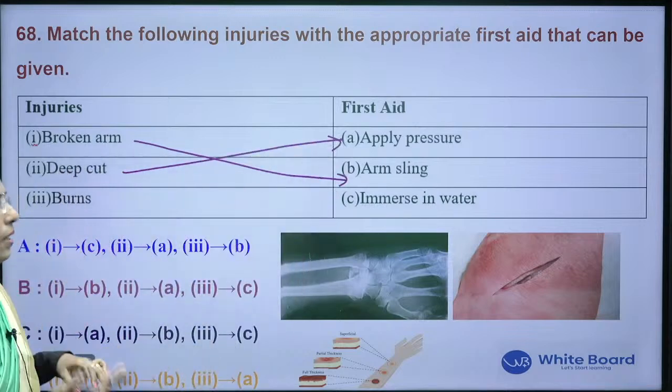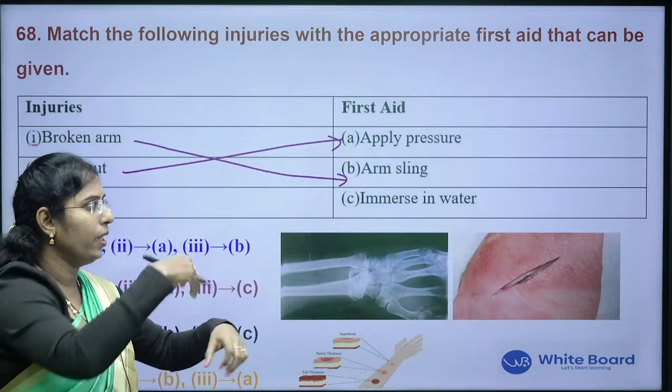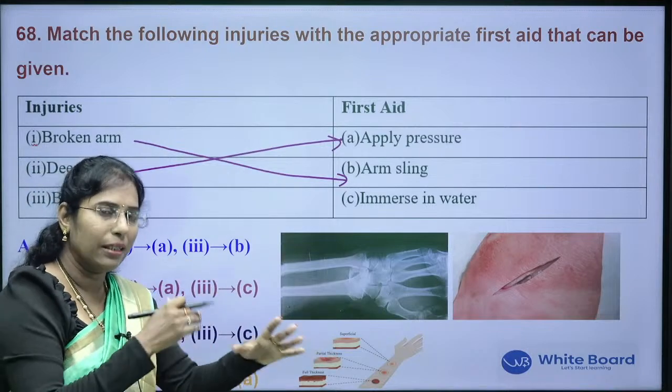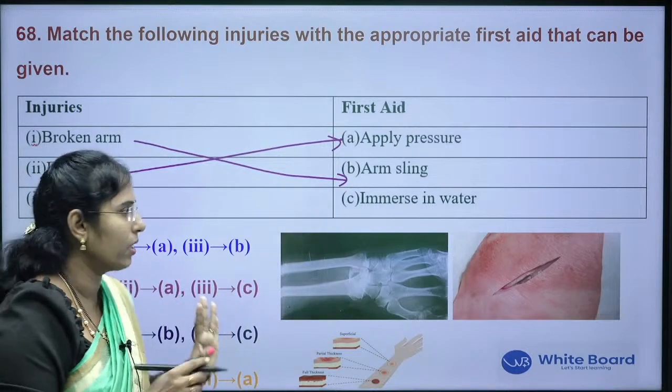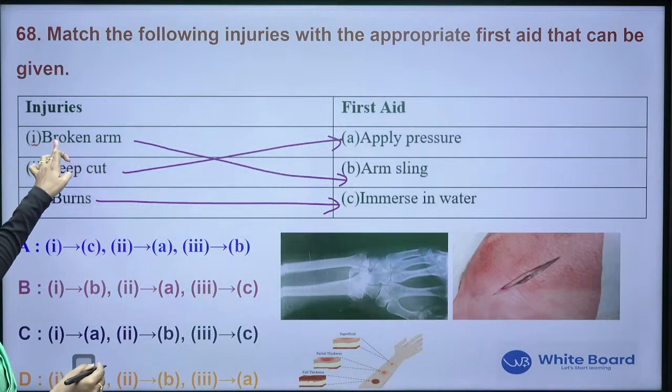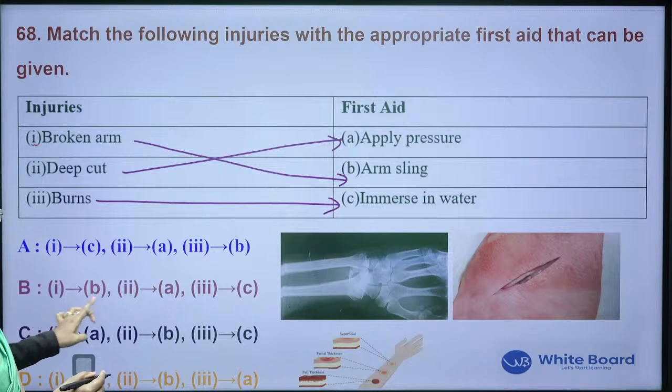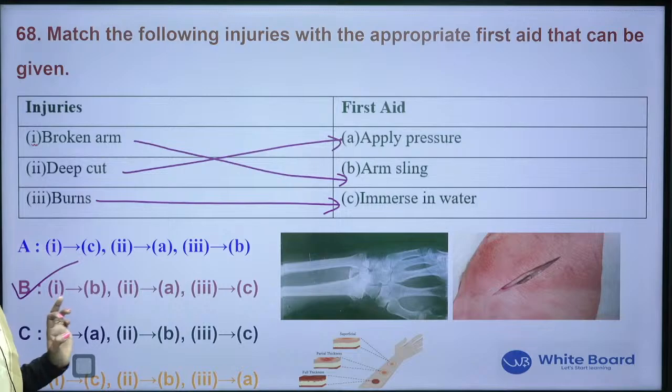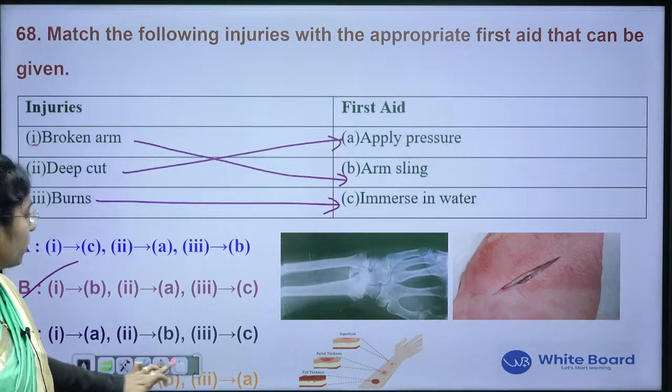Next, burns. So what will you do? You will be running water. You keep that part in running water, immerse in water. So for burns it is C. So for 1 it is B. Next for 2 it is A, and 3 it is C. So option B is the correct answer. Coming to the next question,